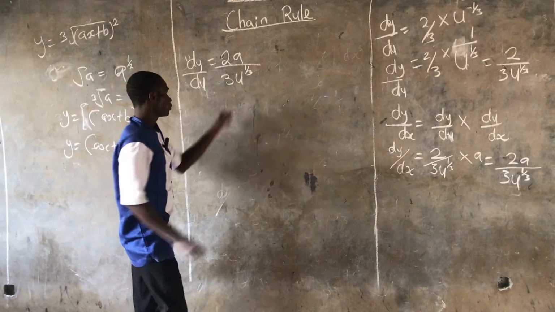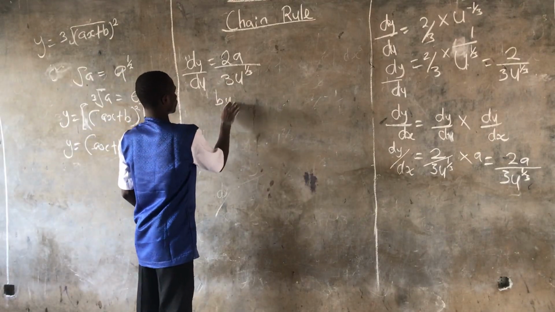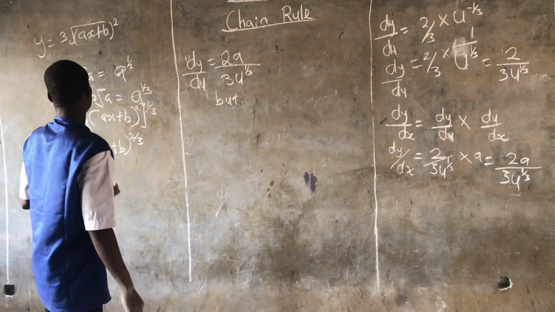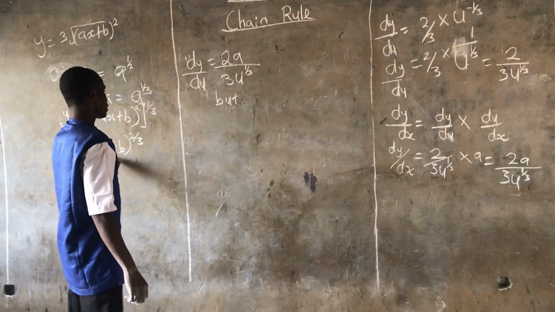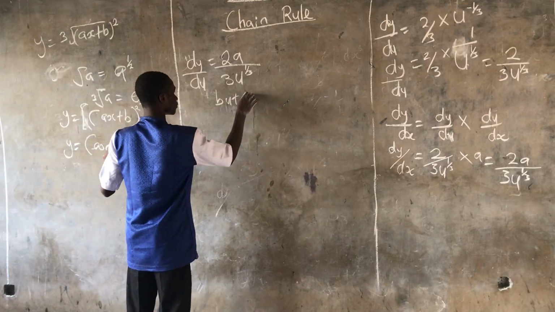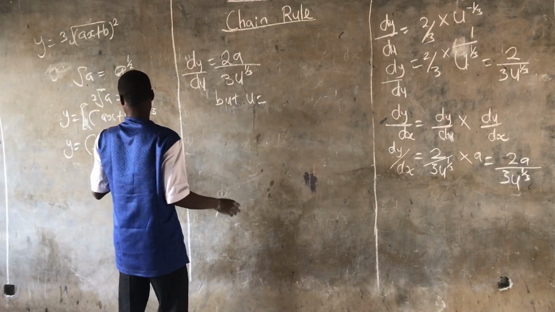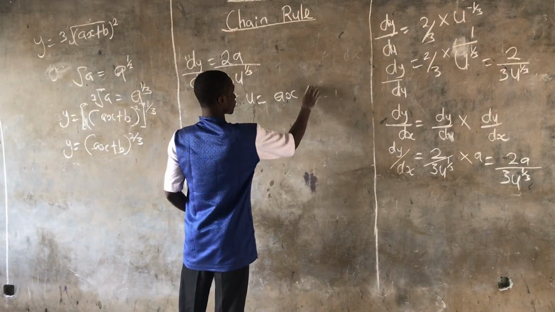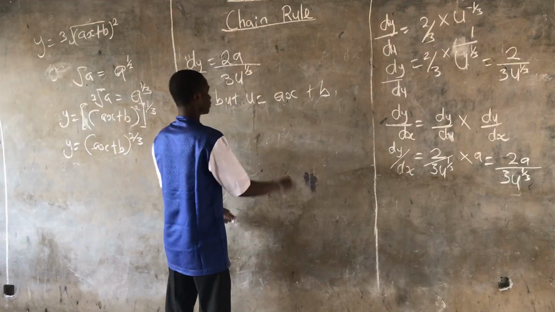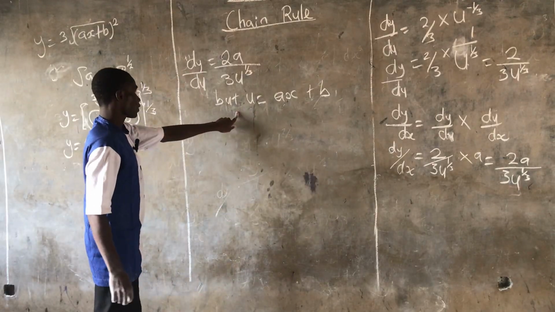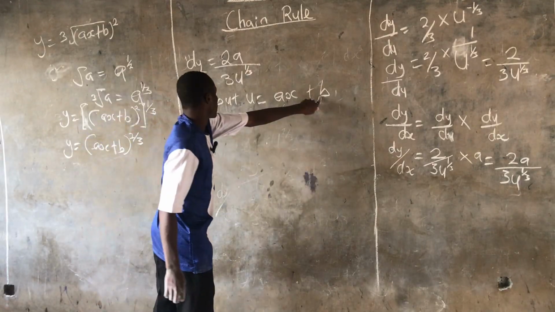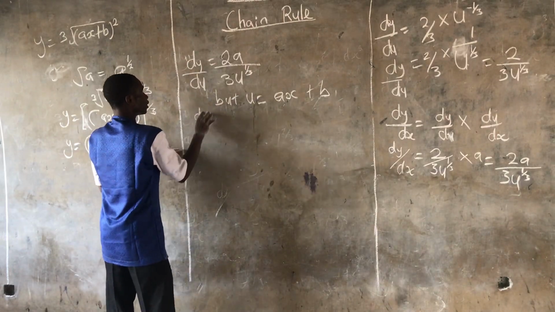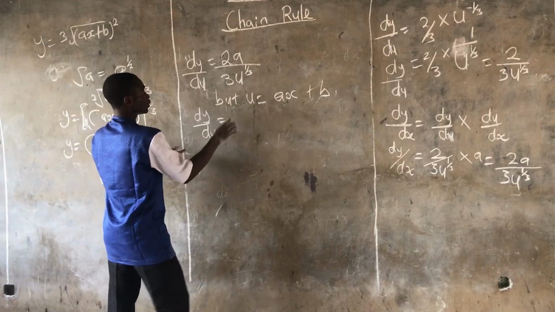But what's our u in the question? Our u is ax plus b. So now since our u is ax plus b, then we can say our dy over dx is equal to